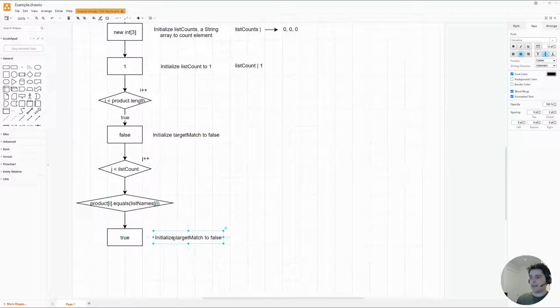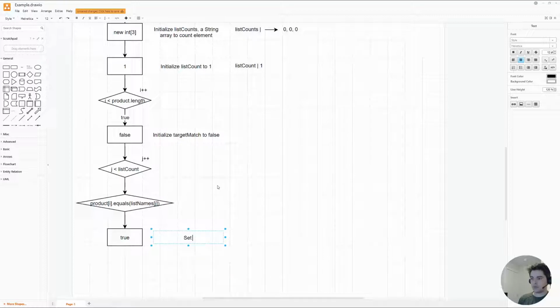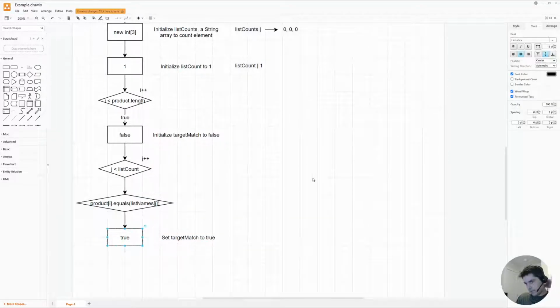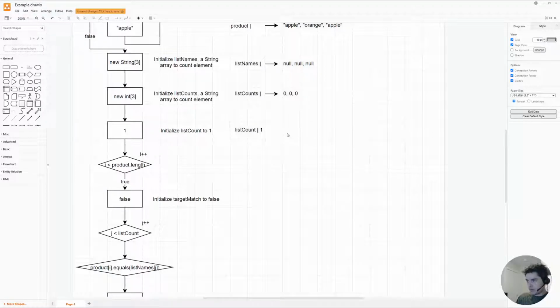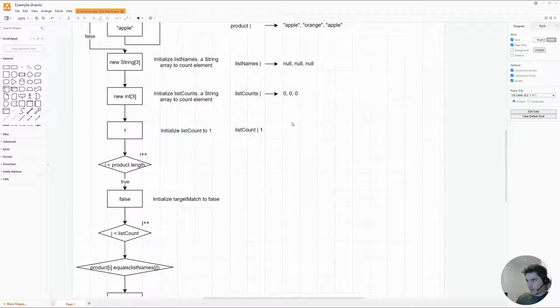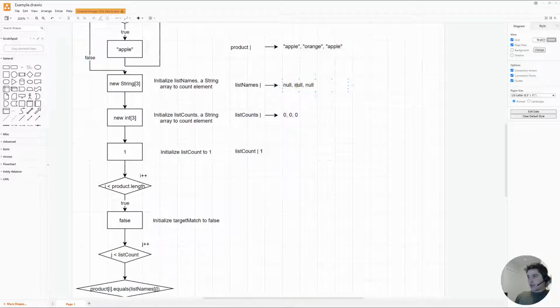So here we'll set target match to true. Okay, so if it's a match, remember we have to keep track of the counts, right? And the default value to list counts is 0 currently. So if it's a match, let's say I have apple here, and I've matched it to the first value here, which just happens to be apple, I probably want to increment the count to reflect that. Well, it's not a null value, it's not 0, so it should be 1,